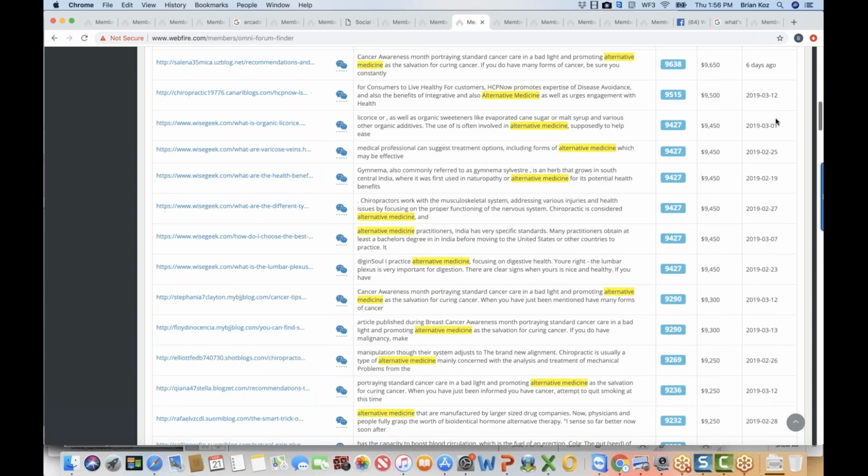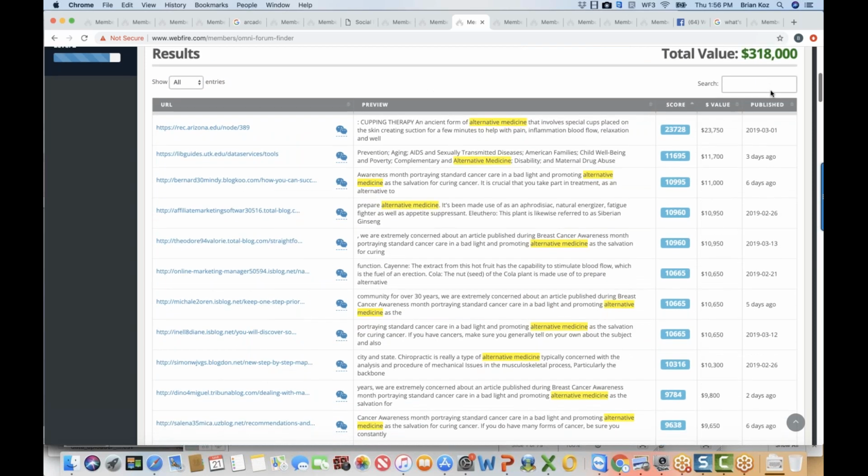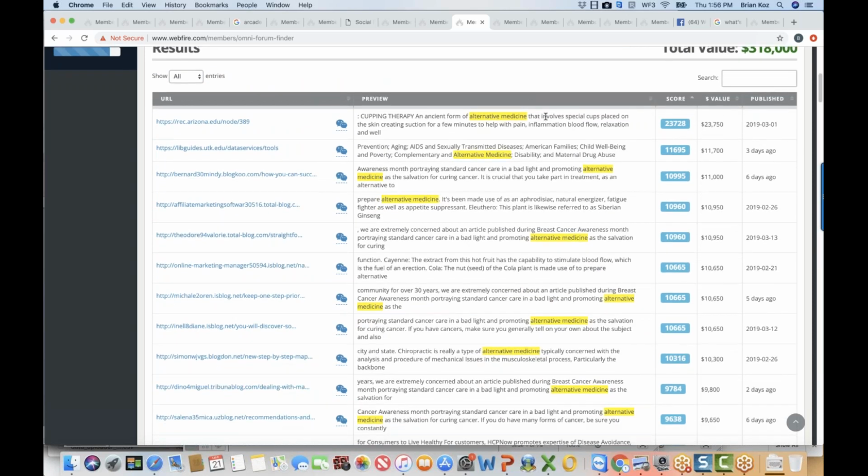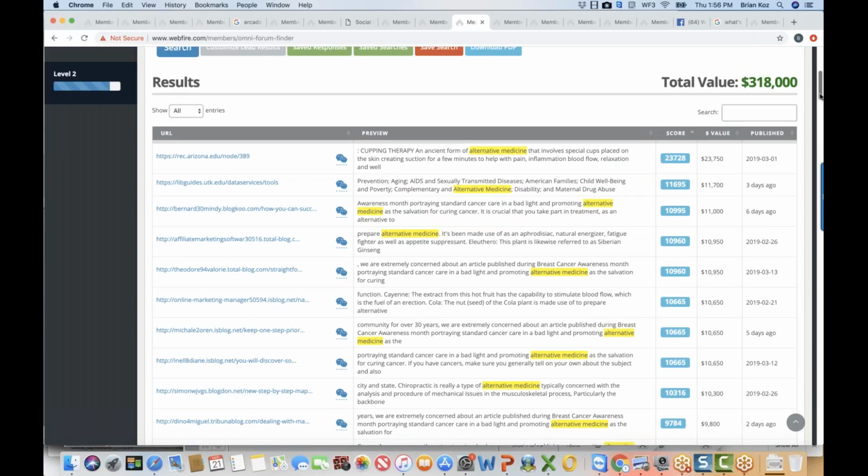And what's neat here is that on all of these, you see a preview of the text, so you can see if it's relevant to what you're looking for. You can click on those links and go straight to the blog or the forum in question, which all of these allow you to leave a post, a comment, or a reply on. We have some proprietary software with patents that helps identify those, and it gives an estimated score and a value, based on what you think it's worth to you.